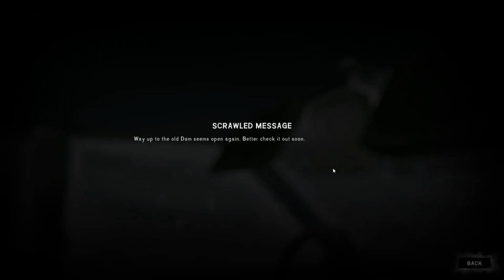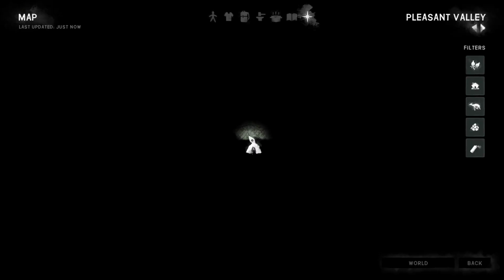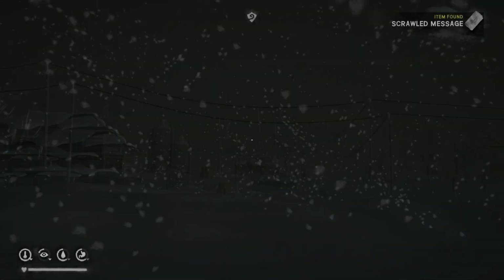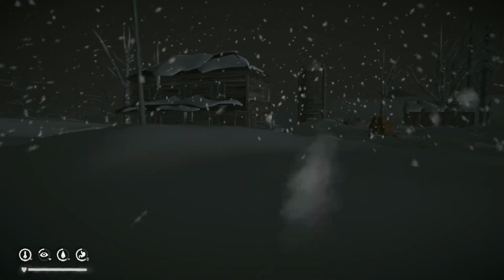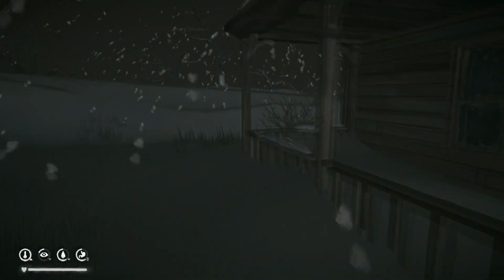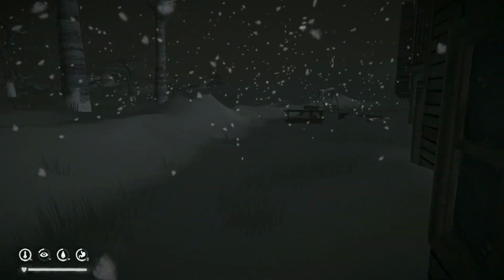The way up to the dam seems open again. So that will take us to Mystery Lake. And it is a rope climb away. So where we've just been, that barn over there, there's a rope climb behind it. That leads up to a big sort of wooded area, and then a cave system at the back that I think goes to Winding River, which leads to the dam in Mystery Lake,